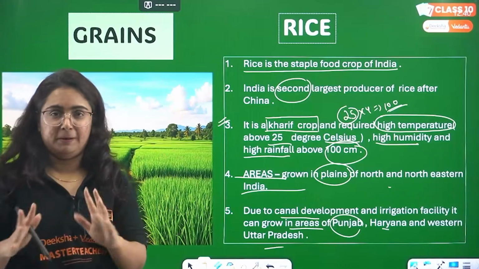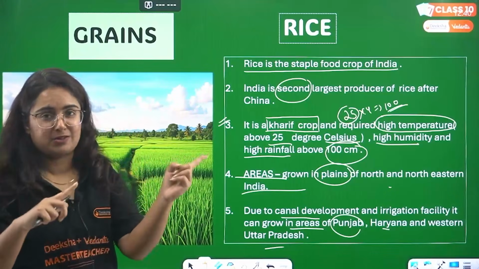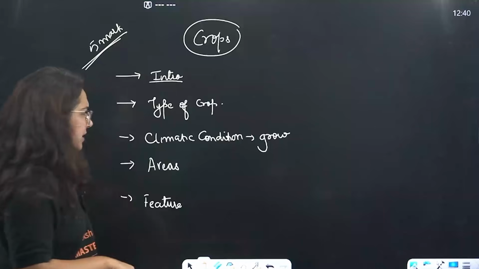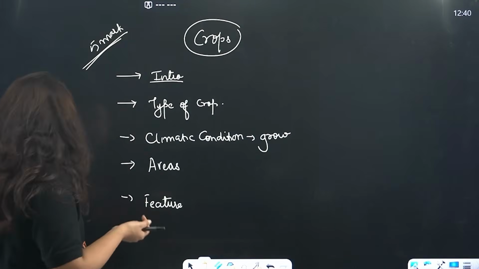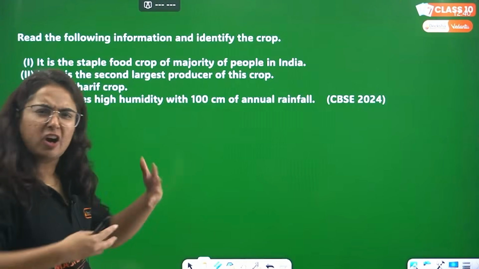By the way, it's heavily raining outside right now and there might be a chance that you get disturbed with the sound of the rain, but it is not a disturbing sound.